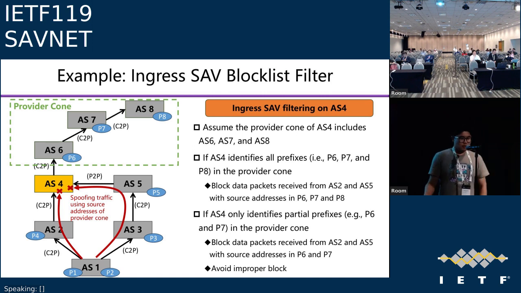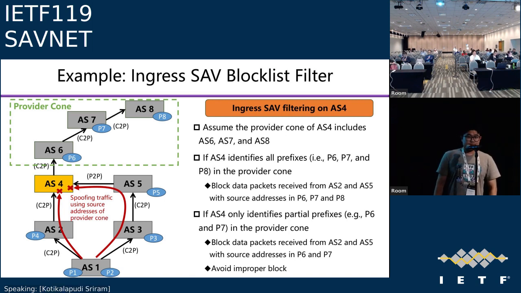Yeah, and in this figure, we assume only AS4 performs the self-filtering. So we focus on ingress self-filtering on AS4, and we assume other ASs do not deploy it. So yeah, we can improve the design accordingly. Yeah, that doesn't answer my question. AS4 is performing SAV, but basically